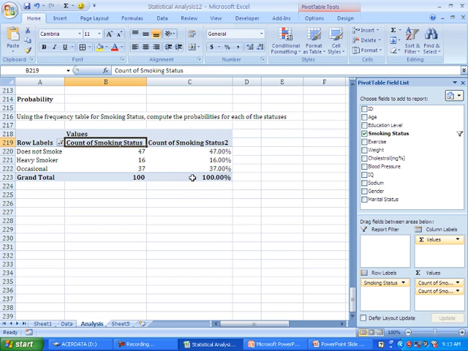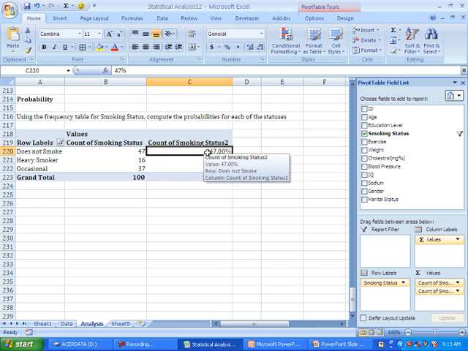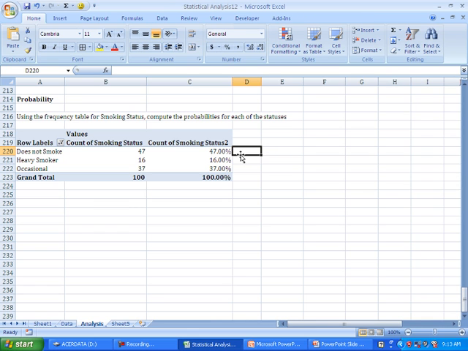Alright, so it is telling me 47%, 16% and 37%, and this is what I can associate to. So I can simply say the probability of do not smoke is 47%, the probability of heavy smoker is 16%, and the probability of occasional smoker is 37%. What does this mean? Now,